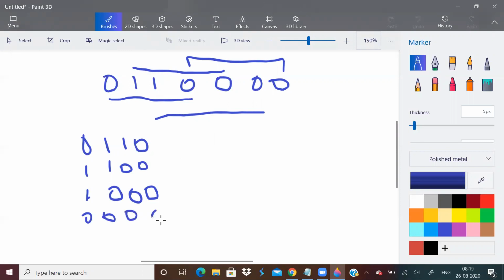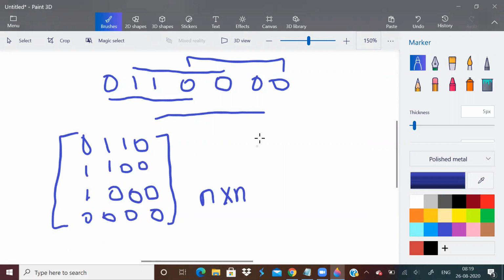So now I have a matrix of size n by n. If I want to choose a string of length n such that it is similar to all these strings, I shall take the diagonal elements.